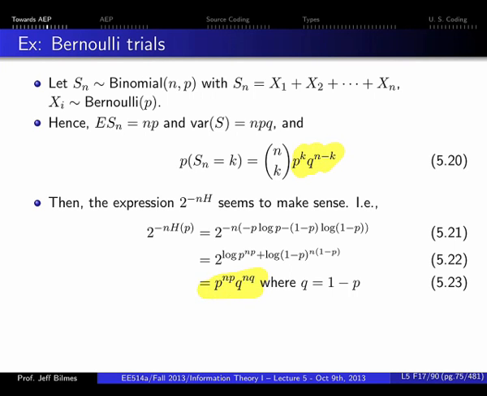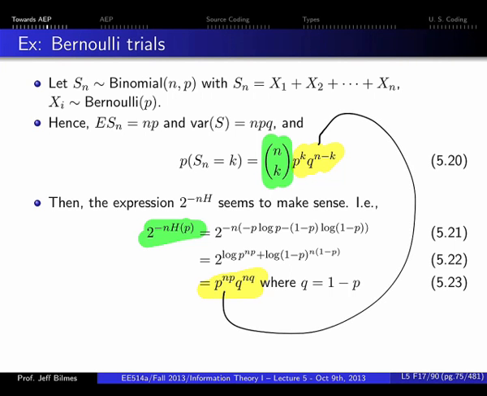This part here, of course, is just the binomial coefficient. It's n choose k. It's basically the number of sequences of length n that have k 1s in them. Right? And so the probability of Sn equal to k is the number of sequences that have k 1s times the probability of a given sequence having k 1s. And we're saying that each sequence has this probability 2 to the negative nH, and that corresponds exactly to this part, the yellow part. So that seems to check out. Right? So 2 to the negative nH seems like a sensible probabilistic quantity.